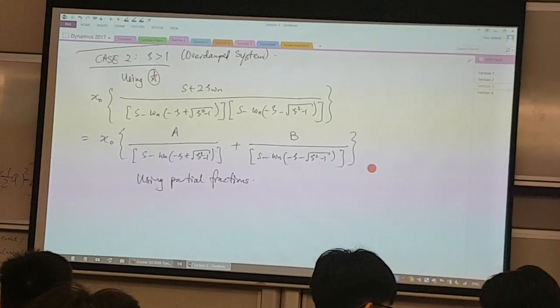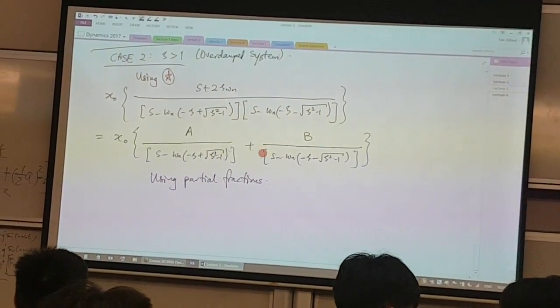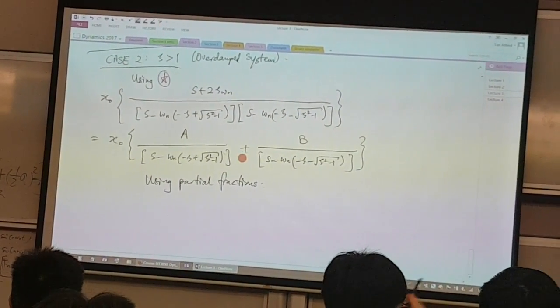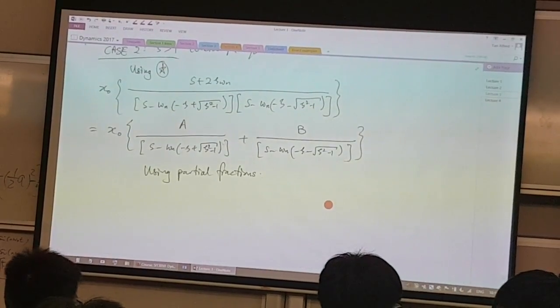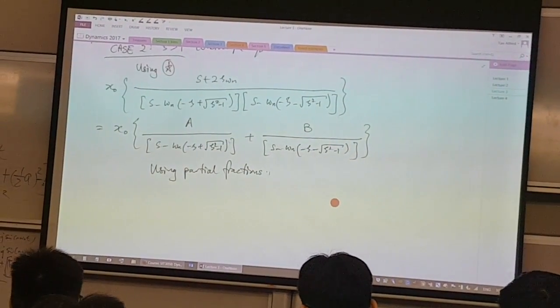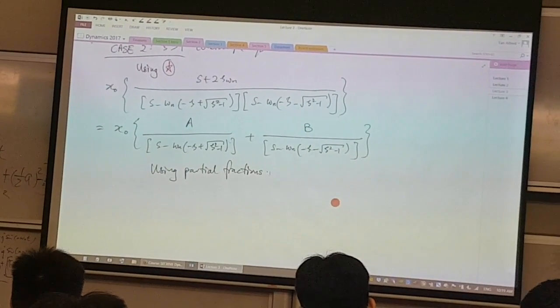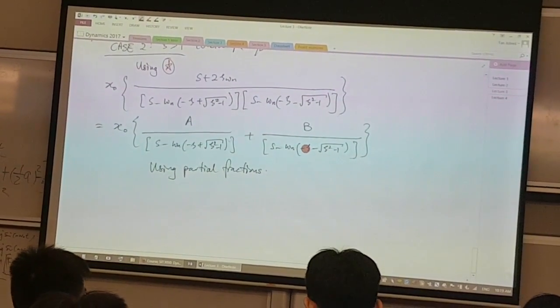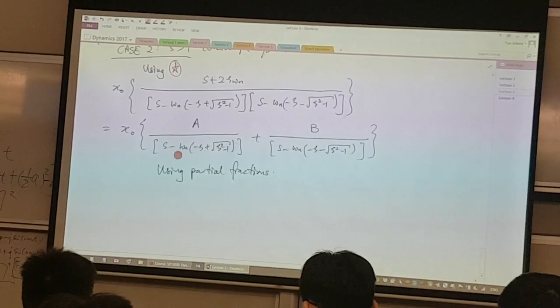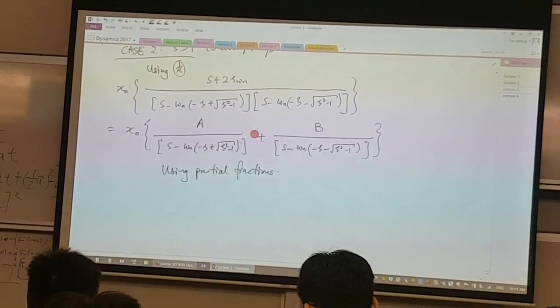So, if I were to use partial fractions to get that formula, I'm not going to solve it. I'm going to use an example to demonstrate that. But over here, because there are a lot of symbols, it gets very involved. So if I'm able to find out what eventually A and B are,